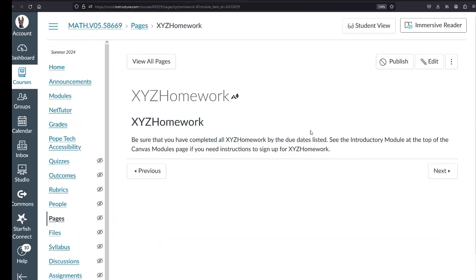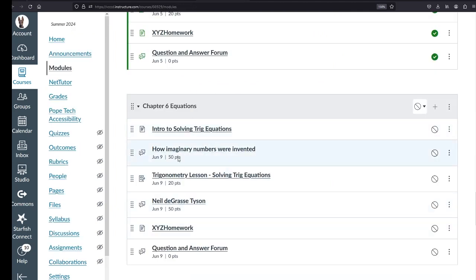It's a discussion there. Then just a reminder to make sure you do all the XYZ homework, okay? So not too many different things in Canvas this time. So again, if you have any